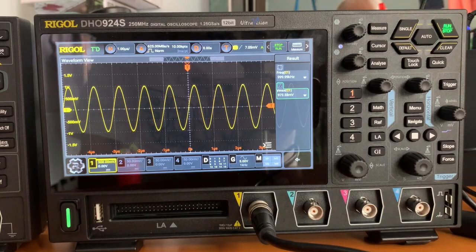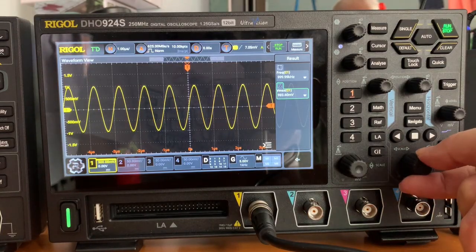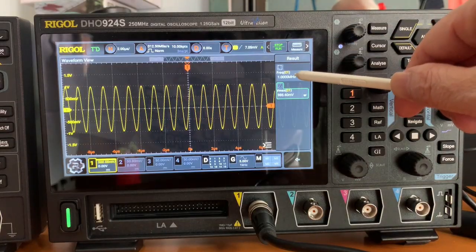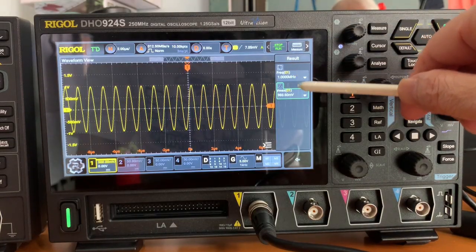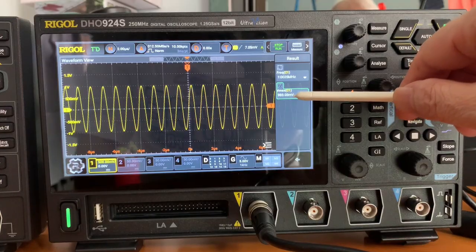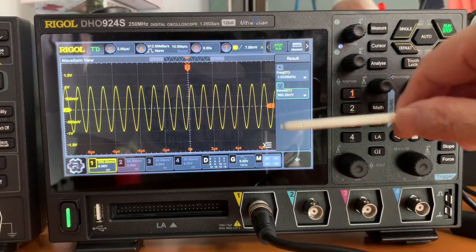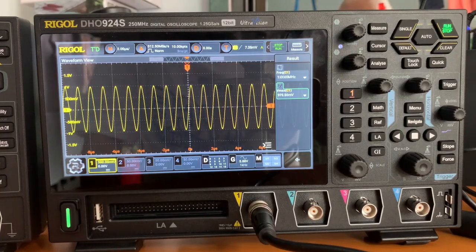Okay, the frequency is around 1 megahertz, which is quite okay. The amplitude is less than 1 volt, so that means the cable loss at a frequency that is too low is higher than at 50 megahertz. Looks like 50 megahertz has the lowest loss. And if the frequency is too high, say 200 megahertz, the loss is quite high.